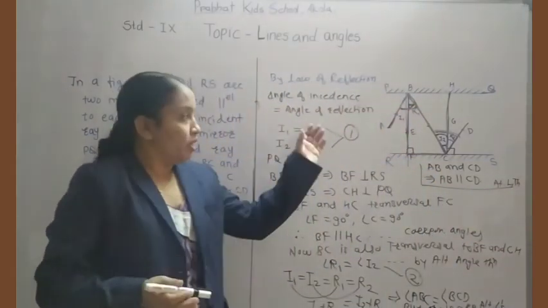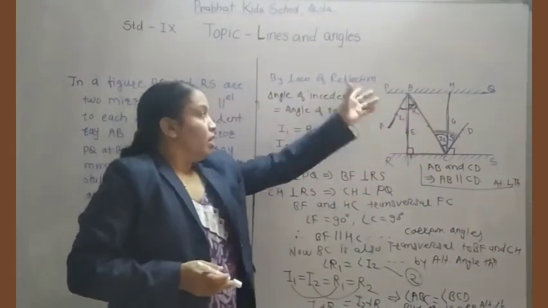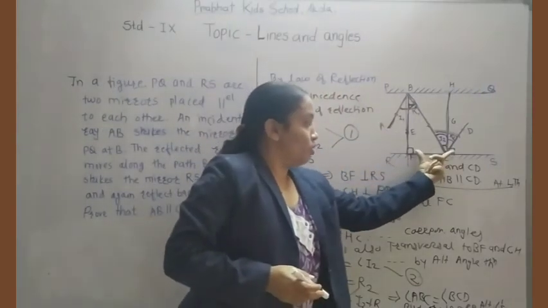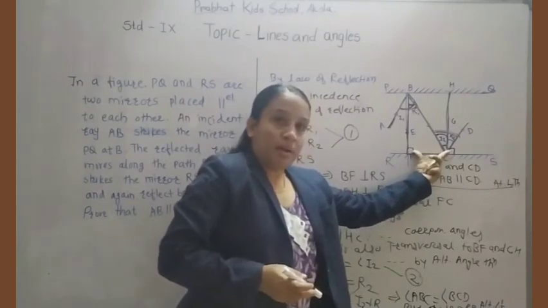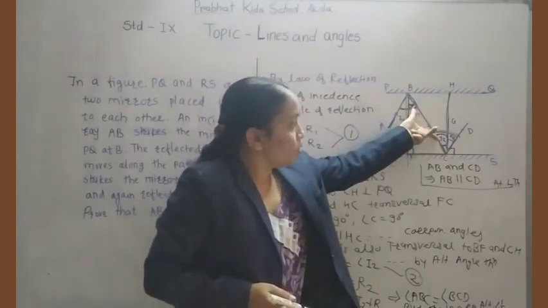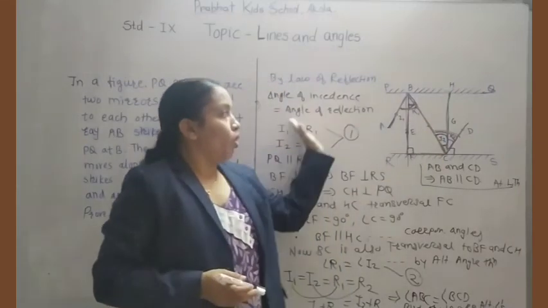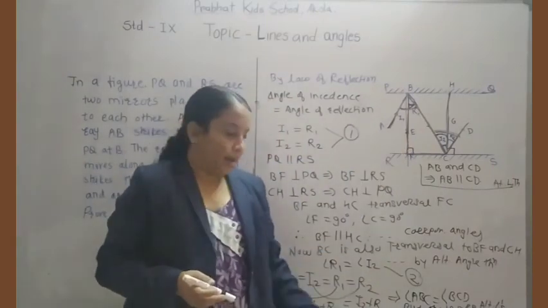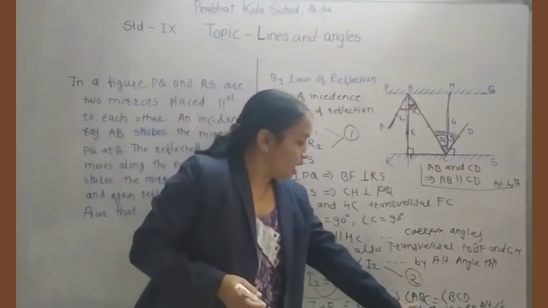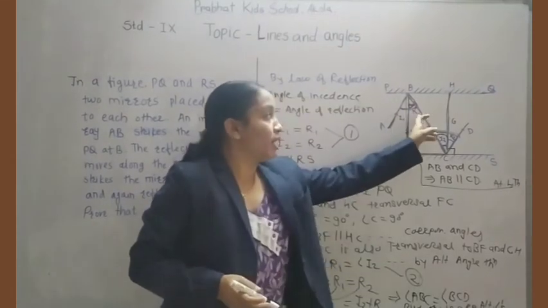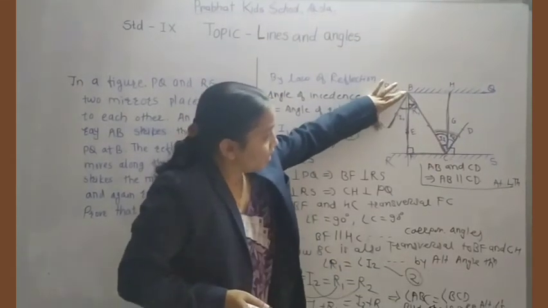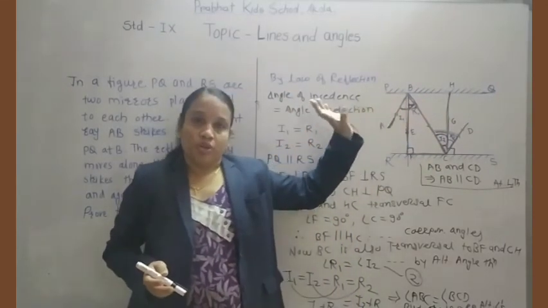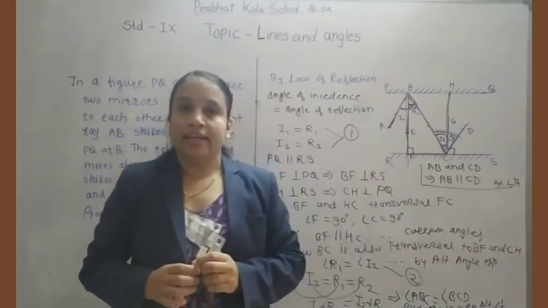Hope you understood this problem. Go through it. Here you have to draw the normals properly. You have to prove these two normals are parallel to each other. Then take R1 and I2 equal. So all angles I1, R1, I2, R2 are equal. If you make the pairs and add them, they are equal. But these are nothing but angles ABC and BCD, and they are the alternate angles for the two lines AB and CD with the transversal BC. Hope you understood it. Go through it, solve the complete exercise. Thank you.